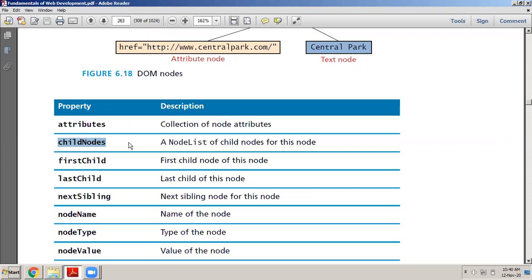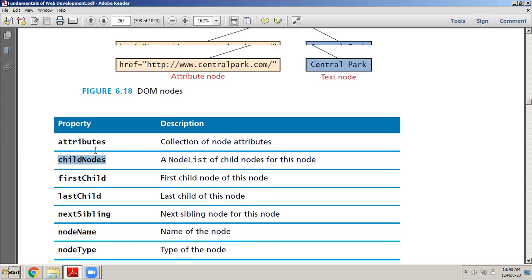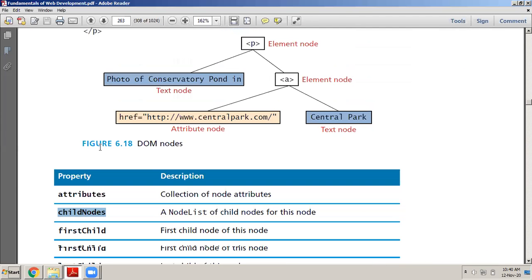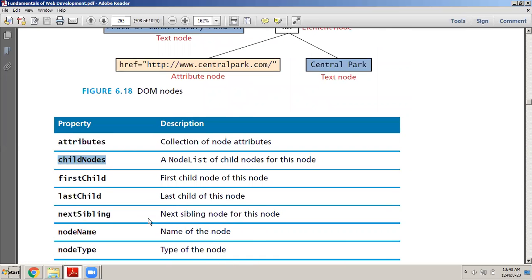Similarly, if you want to access all the children nodes for a particular node, then we have something called the child nodes property. The child nodes property will give you back a list of all the nodes which are present inside a particular node. If I access the body tag, body dot child nodes will give me all the children which are inside the body tag. And remember, this children list that I get is a list of nodes. It is not a single node, it is a list of nodes.